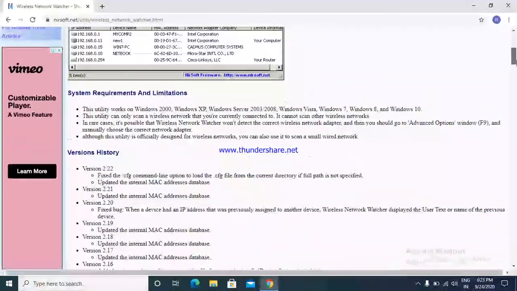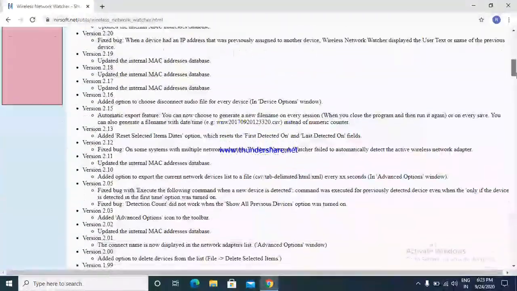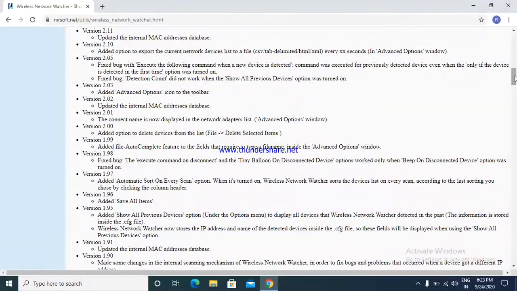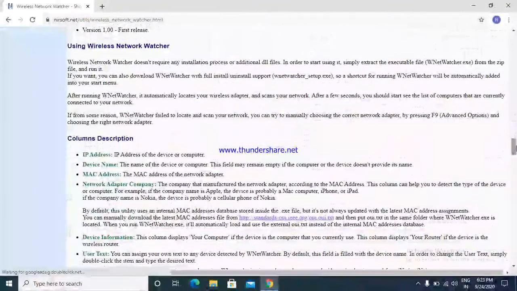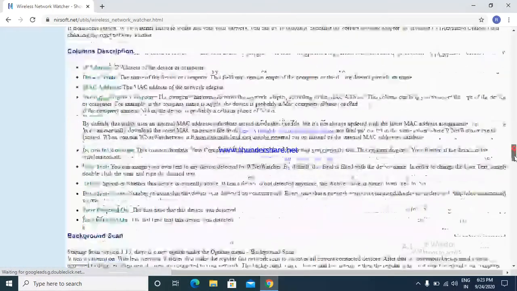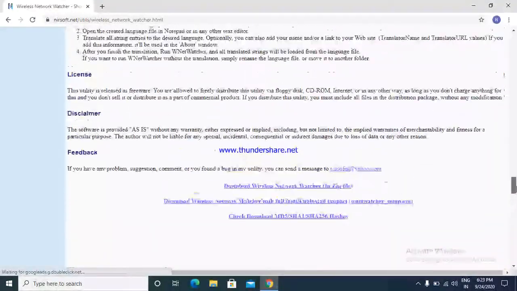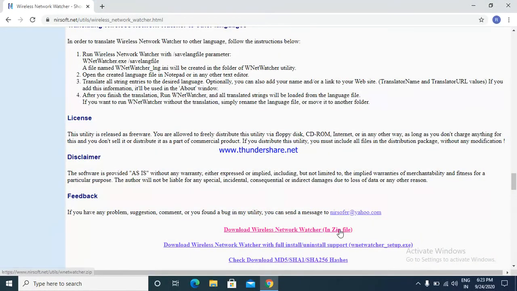Let's see how we can download this. We'll simply scroll down and we'll get Wireless Network Watcher in the form of a zip file. We'll simply click here.